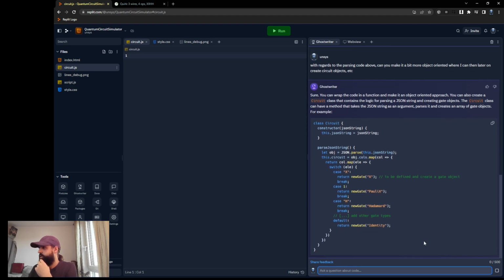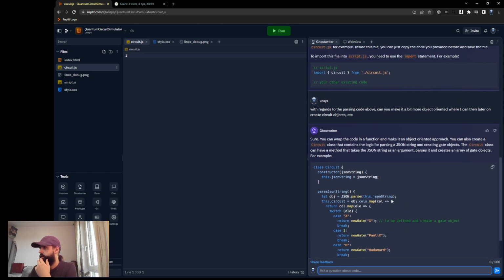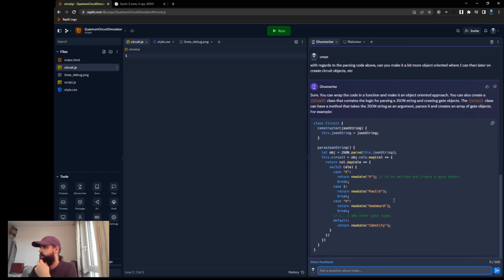I'm not so sure that's the right way to do this, but yeah, so you pass it this stuff, and then JSON string. I guess parse JSON string is something that you would then call. So is it good practice to use